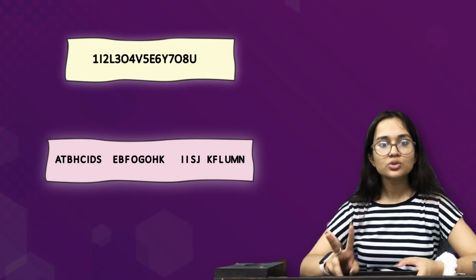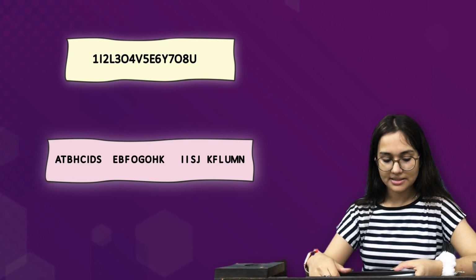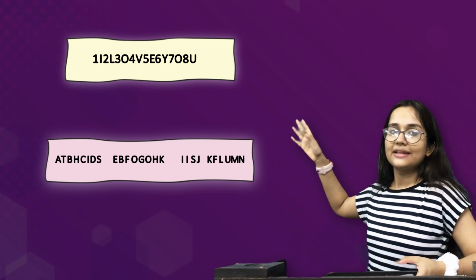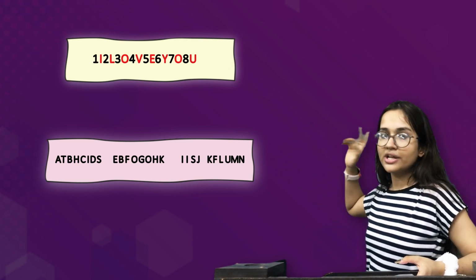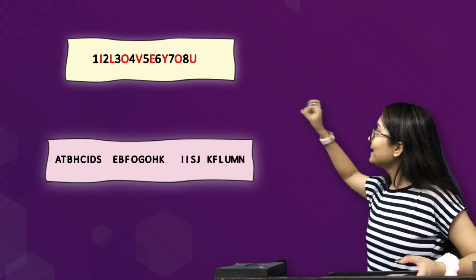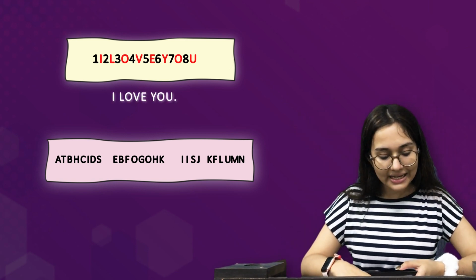So next there are 2 secret messages again, and we need to look for the pattern in the hidden sentences. So again what we need to do is, when we see it's 1 and then it's written I, it's 2, then it's written L, then it's 3 and then it's written O. So basically there's a number inserted between each letter, but still there's a message which says I love you.